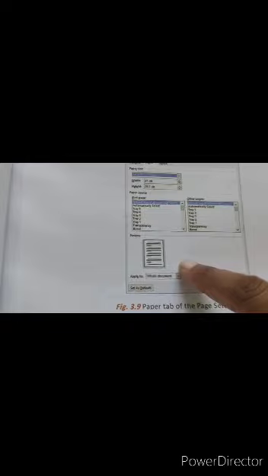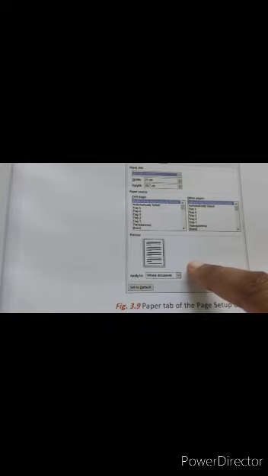Click on preview, and it will show you how your paper can be set up. Then apply to whole document or first page or second page. In the drop down menu you can select what you want.